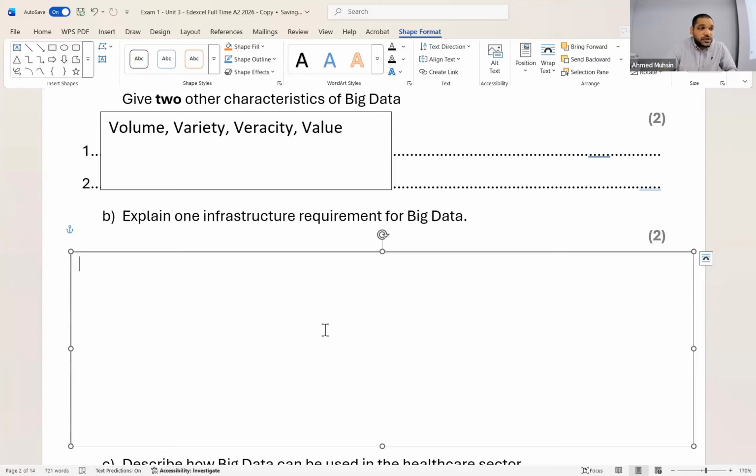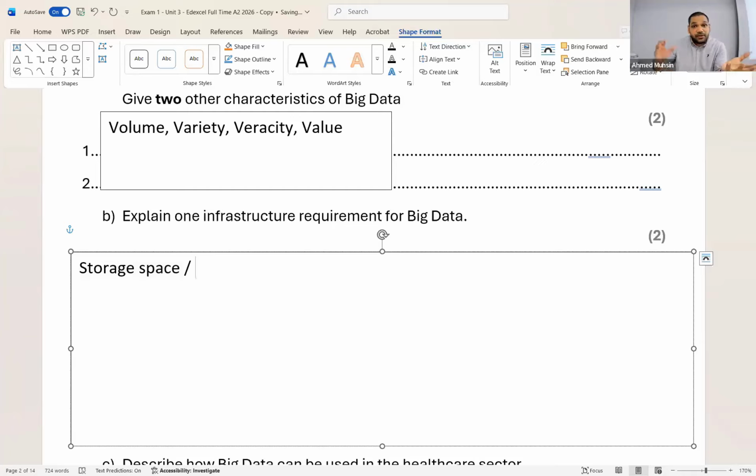So one is, for example, you need to have storage space, right? You need to have proper storage space. So I'll just note down over here, storage space. This is not the answer, okay? We are talking about possible answers. One is you need sufficient storage space to store this large amount of data. Okay, right.